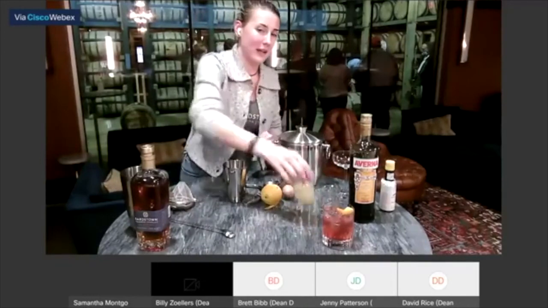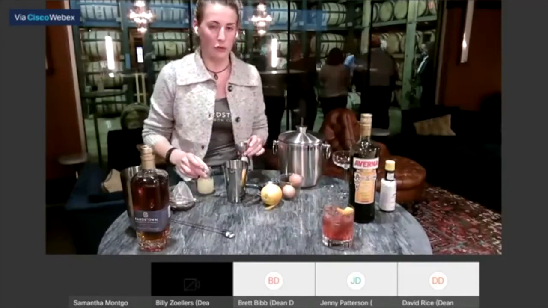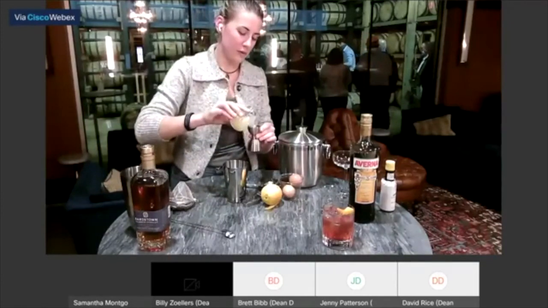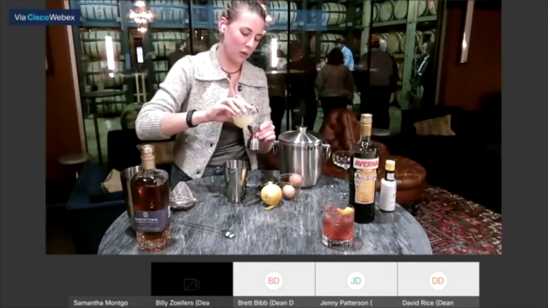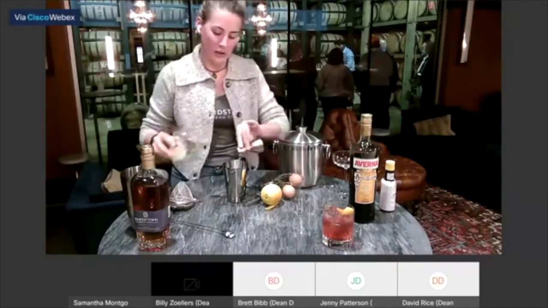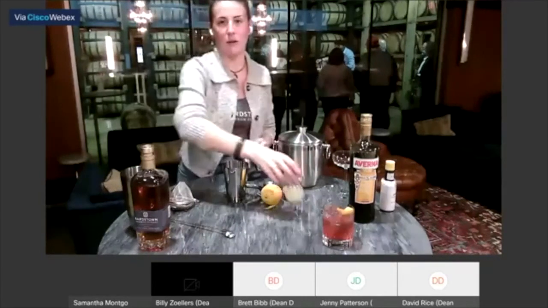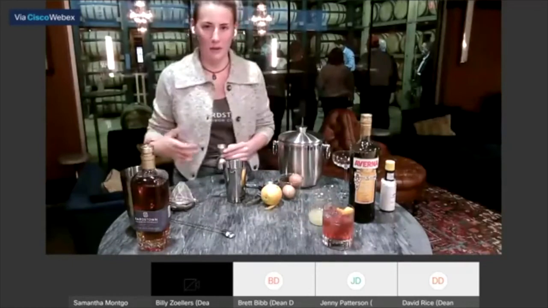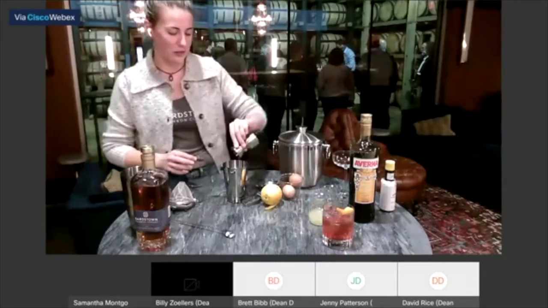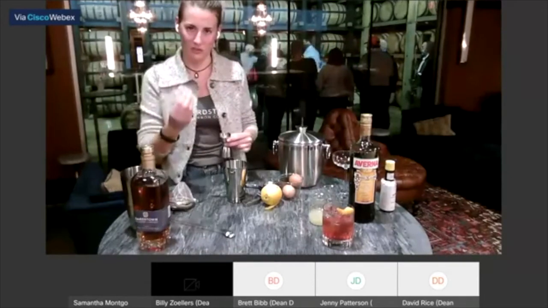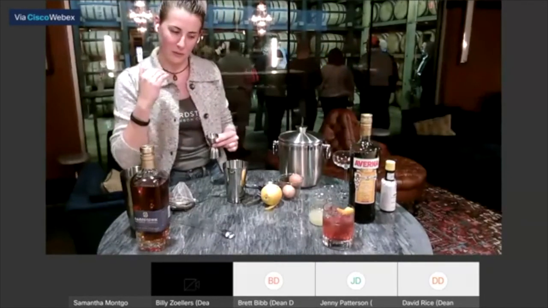Then I'm going to grab my lemon juice, and I'm going to do 1 whole ounce. 1 whole ounce or 1 whole lemon is pretty good. And of course, after you taste this, you can decide, hey, I like it a little more tart, add a little more lemon, or go the other direction and add a little bit less. But I think that 3/4 is going to give you just enough to have some flavor, but not